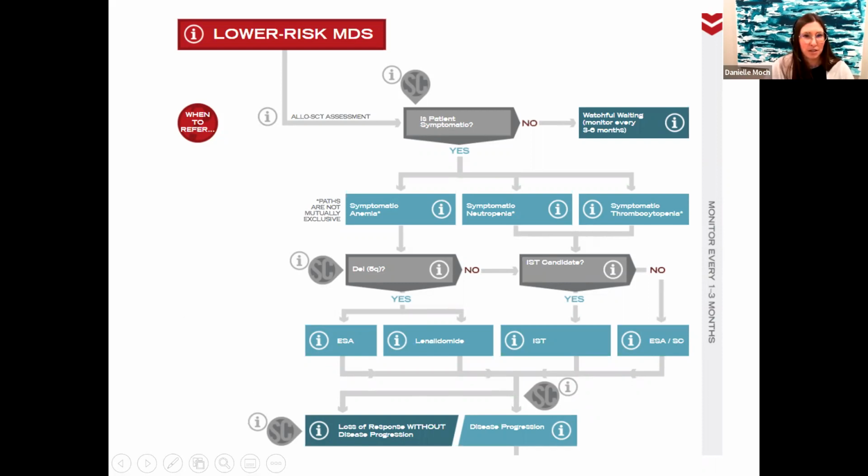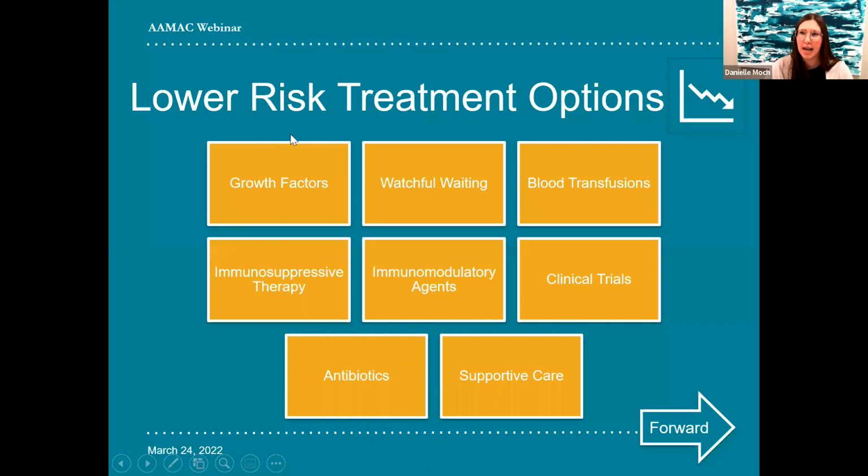So we're going to go on to our lower risk treatment options, which include growth factors and watchful waiting. They may include blood transfusions, which could include red blood cells and platelets, immunosuppressive therapy or cytotoxic therapy, immunomodulating agents, clinical trials, and supportive care, plus or minus antibiotics to help fight infection. So if we go into growth factors first,